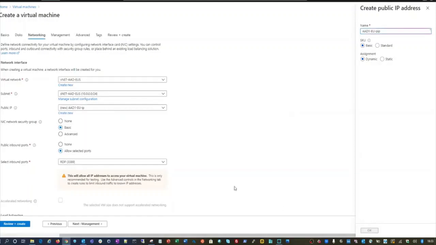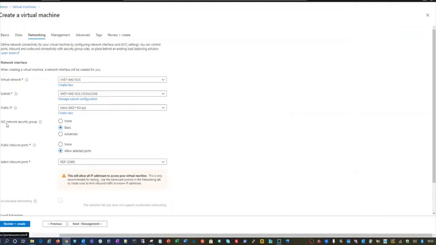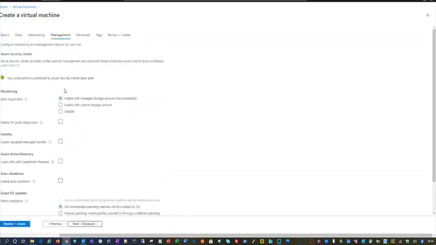Click OK. And you want to create a NIC security group. Definitely I want to create a network security group for this server NIC because I want to protect it. This is one layer of security. Public inbound ports is always selected, so I have selected 3389. Click next for the management.